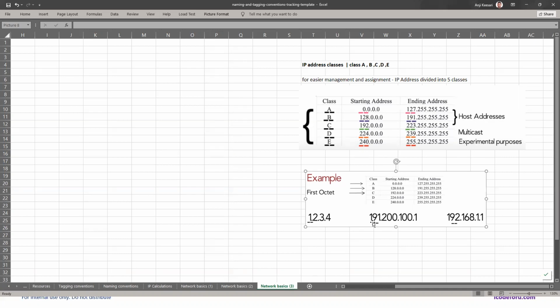If you talk about an address starting with 191, 191 comes under class B, the last part of class B. So this is a class B IP address. And 192 comes under class C. That's how you can identify which class your IP address belongs to.